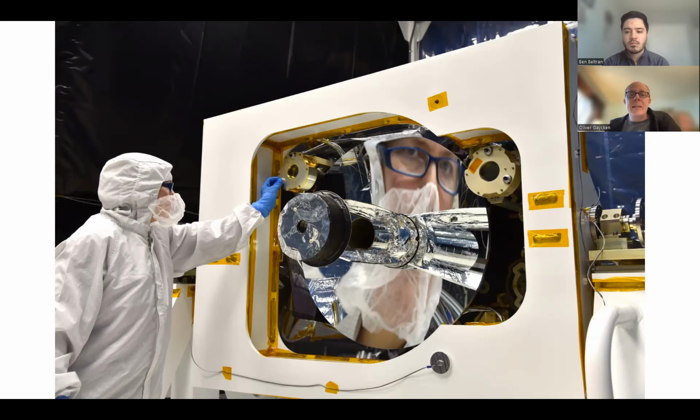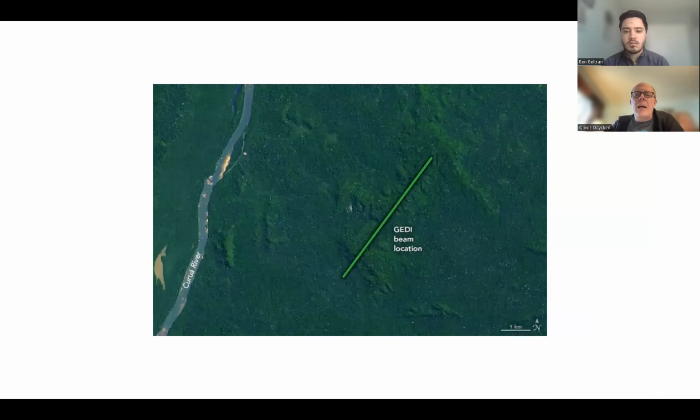A big part of the class is built around a three-part student project. Here's an example of the kind of project that students have worked on in the past. This is a sensor that's going onto a satellite right here in Greenbelt, Maryland at NASA Goddard. And this was the JEDI mission. So if we could get the next image. JEDI was a laser scanning instrument that's, I think, on the ISS. And its task, the thing that it can do that nothing else in space can do right now, is to measure the density of vegetation canopy.